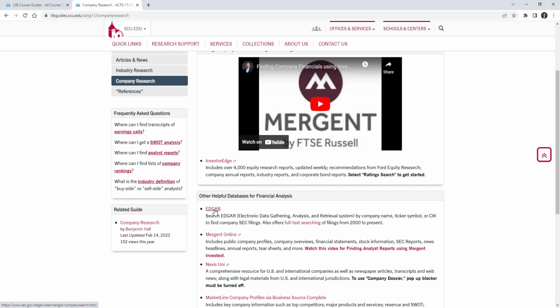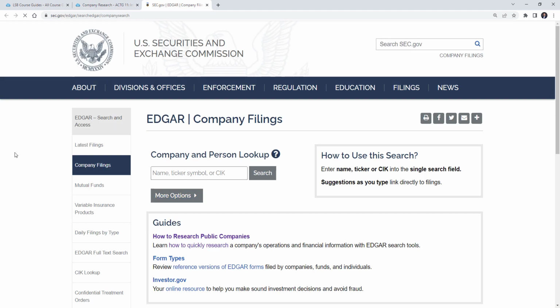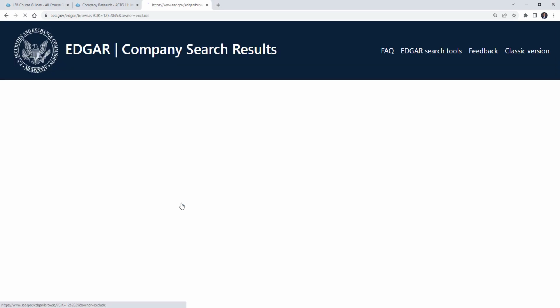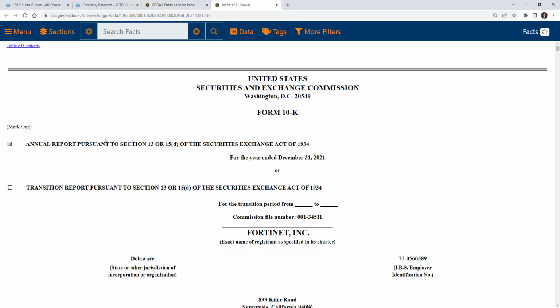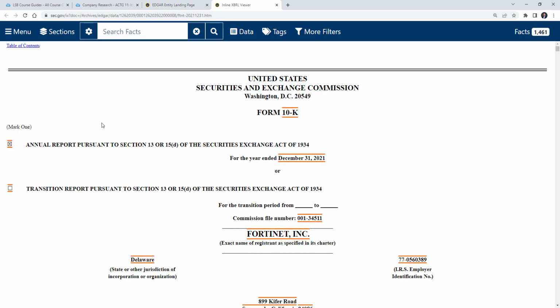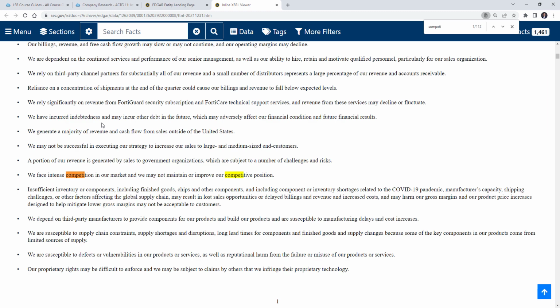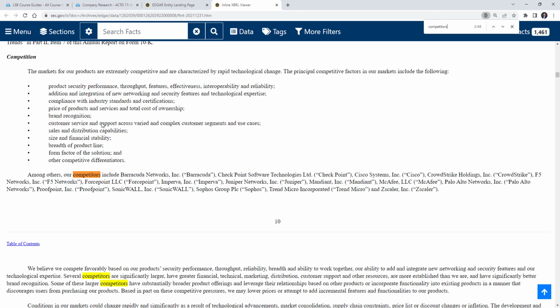I'm going to click on EDGAR. From the homepage of EDGAR, I can do a simple search for Fortinet to quickly locate the 10K. Now that I've got the annual report for Fortinet, I can use Control F on my keyboard to search for terms like competitor, to locate competitors,